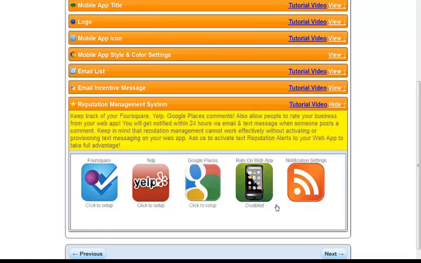Reputation management. Now, I'm going to do a complete training in about 2 weeks on this section, reputation management. But I just want you to know that it's here. I got an email today that a guy is selling reputation management alone. Not even as good as what we've got. Nothing, doesn't come close. All he does is go in and monitor your Yelp and your Foursquare and your Google Places.